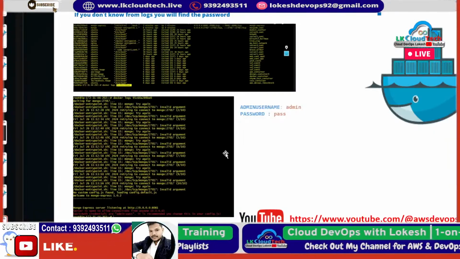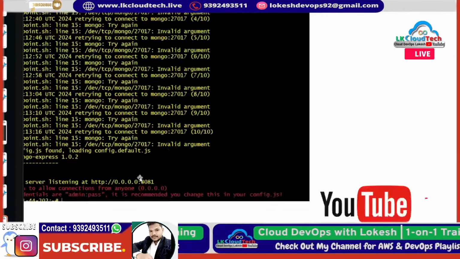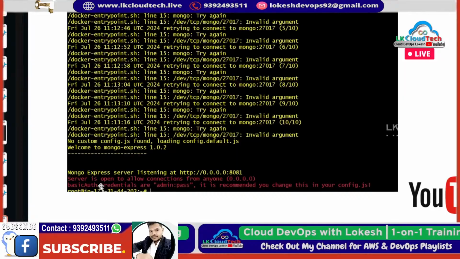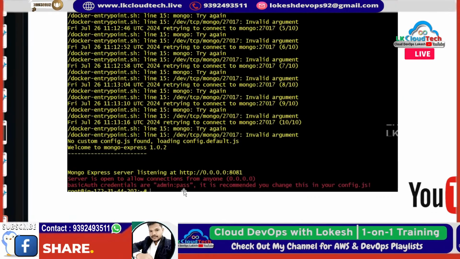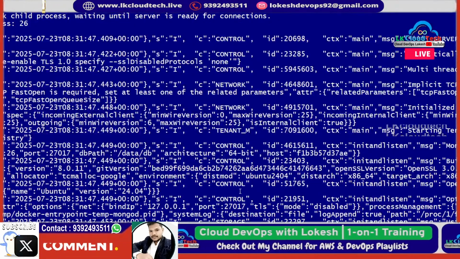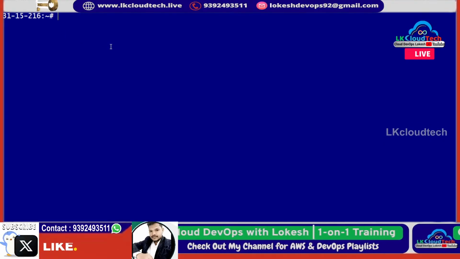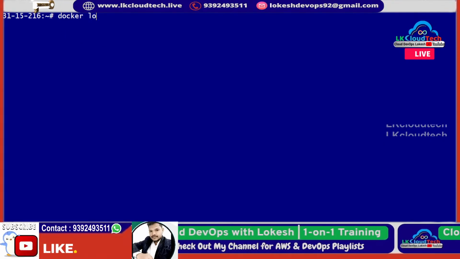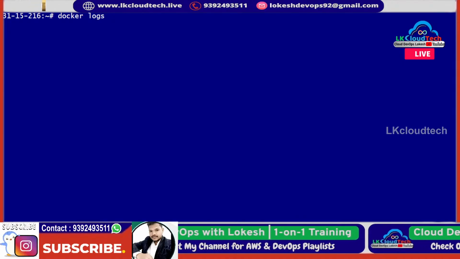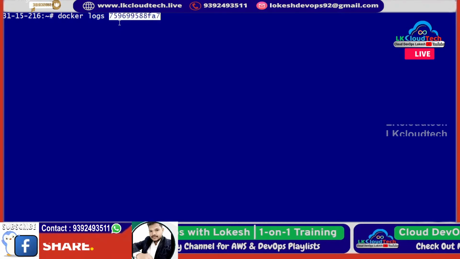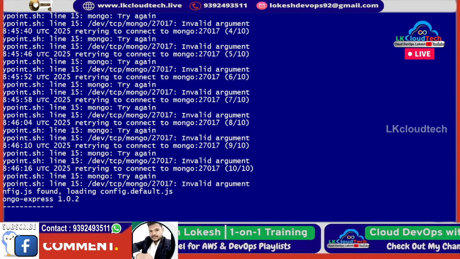One second. It should show like this. Okay. Oh, okay. I didn't see that actually. Docker logs. I'm going very fast actually, without observing anything. Okay. Yeah, this is the password. This is the password. You see,